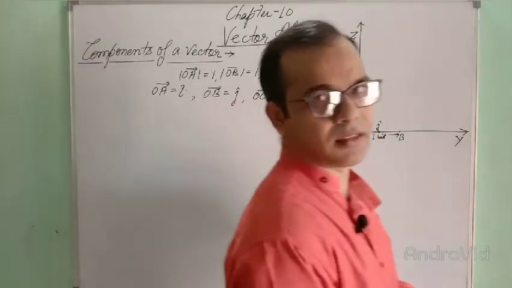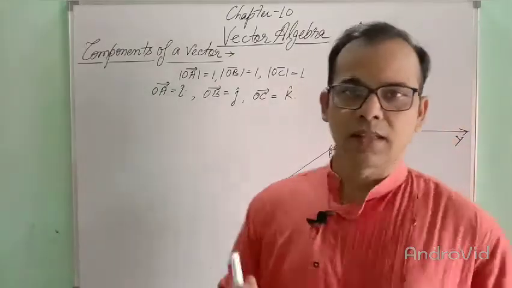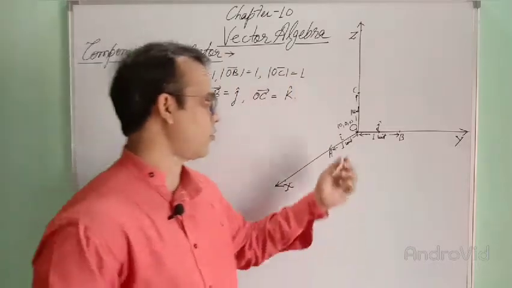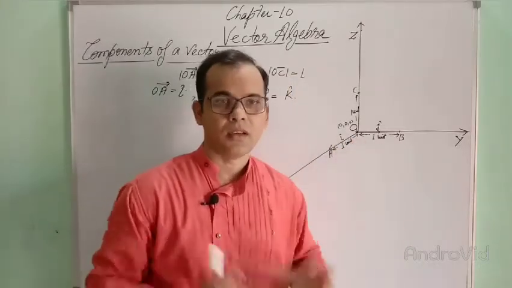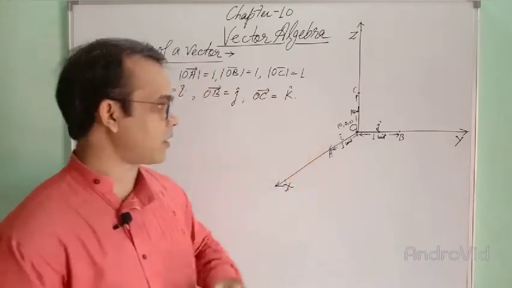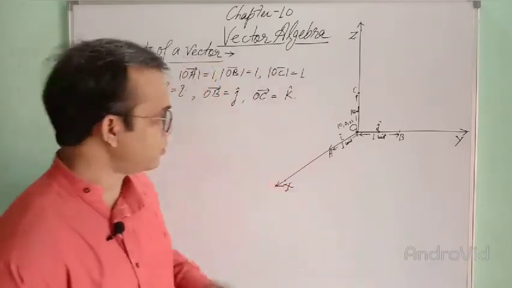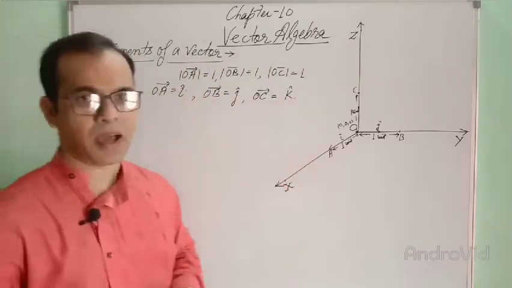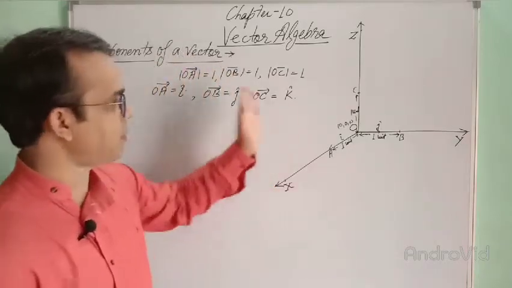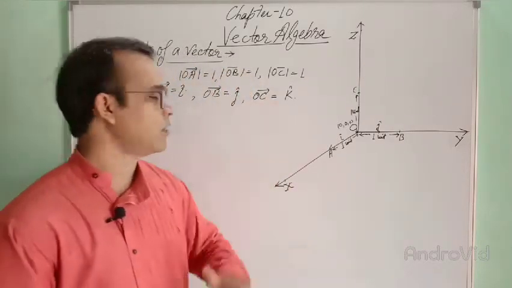So here we learned that we have taken the 3 points A, B, C on the axes x, y and z at a distance of 1 unit from the origin. It means the magnitudes of OA, OB and OC are all the same, and vector OA has a magnitude of 1 unit, so vector OA will be i cap. i cap is the unit vector in the direction of the x-axis. The same way, j cap and k cap are the unit vectors along the y-axis and z-axis.